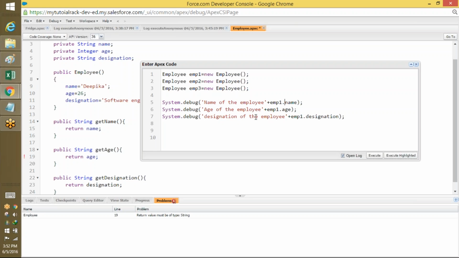That get age is integer. Thank you. So now